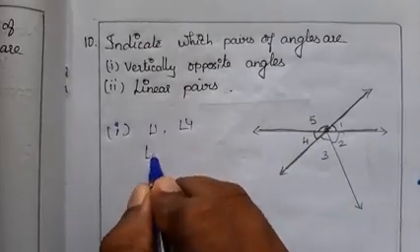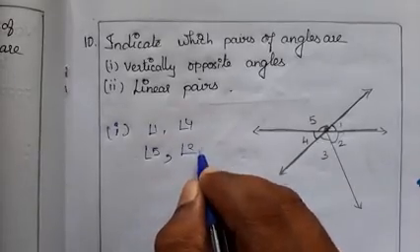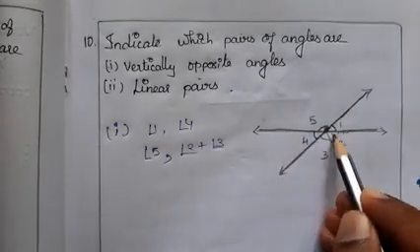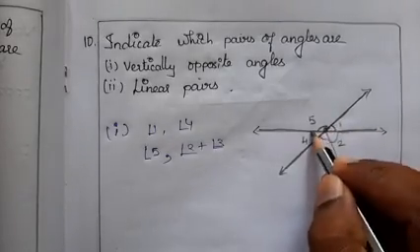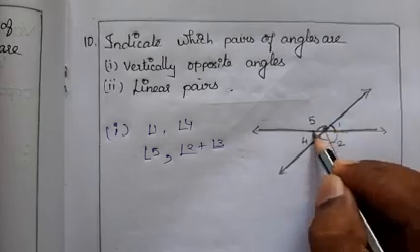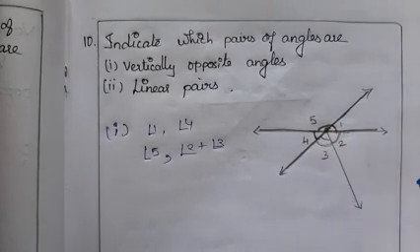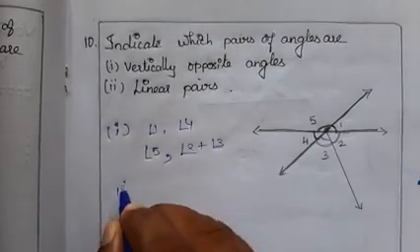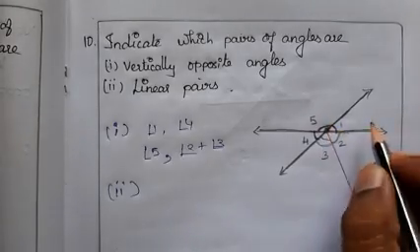The second pair is angle 5 and both angle 2 plus angle 3, clear? Because these two form a straight line. This is not a straight line, it's just that some lines were interrupted. So these two form a straight line and these two are opposite to each other, and this 5 and this whole angle are opposite to each other. Clear? So next, the second one, we go for the linear pair. Linear pair, we know, has a common arm and the other sides are opposite, from the vertex, right?